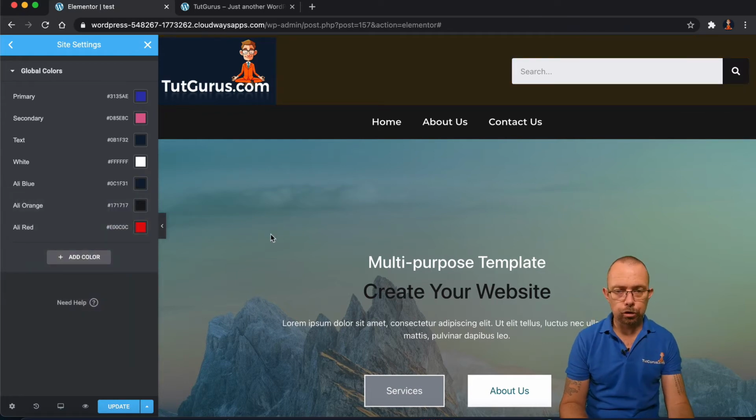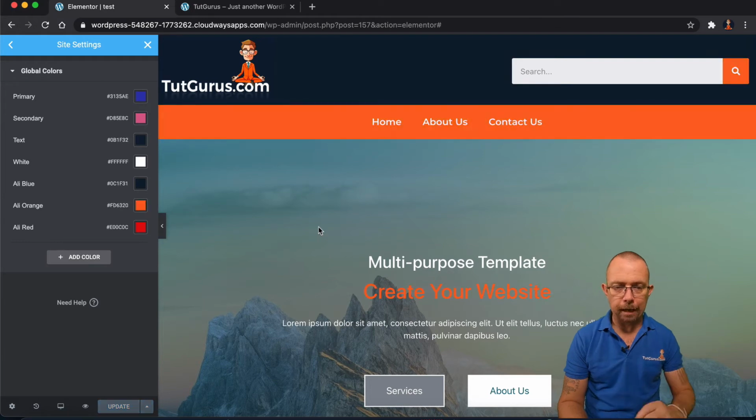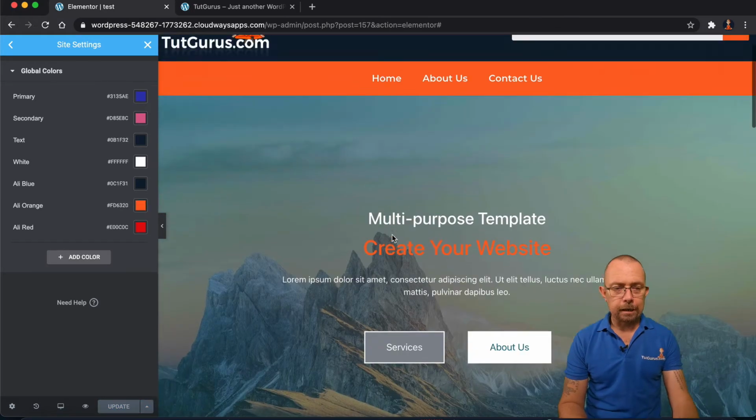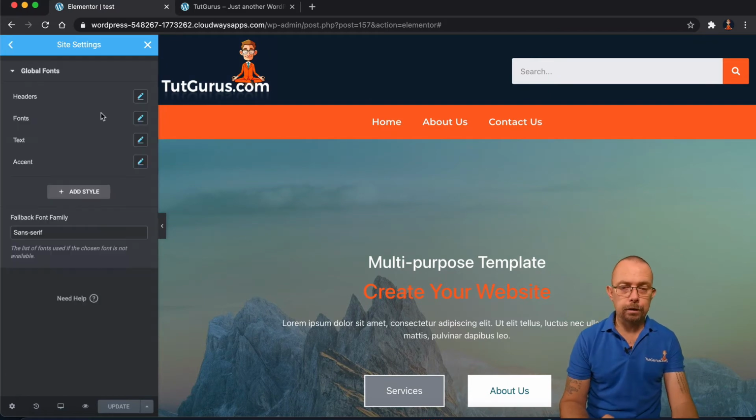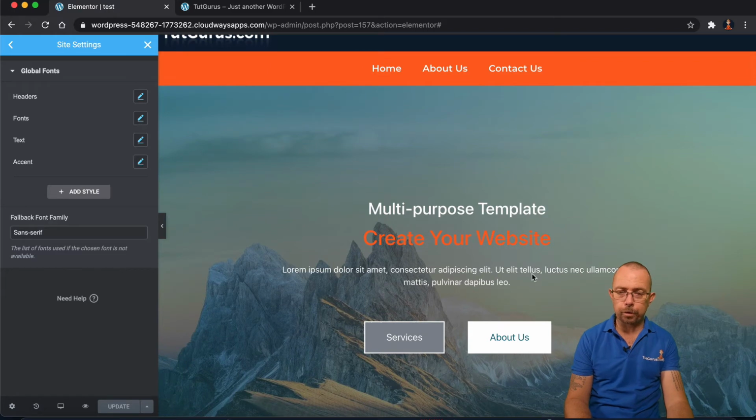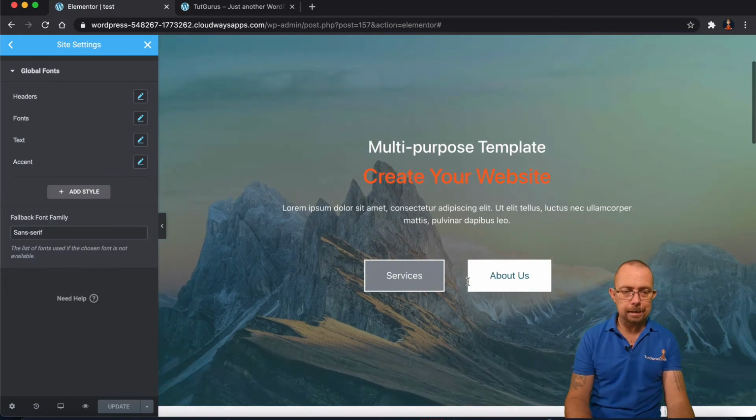Okay, I'm just going to do a Control Z a few times because I just want to bring back my orange. Perfect. So what else have we got in here? Let me come back out of here. Now you've got the same with fonts. So I can come into Global Fonts, and any fonts that are a header. Headers are always these ones here. You have text, which is normally the paragraph, which we'll talk about, which is this sort of text.